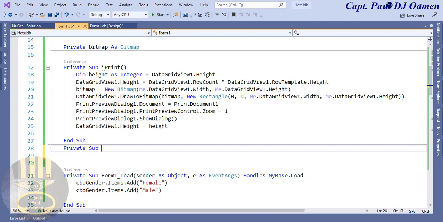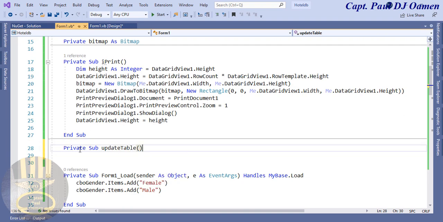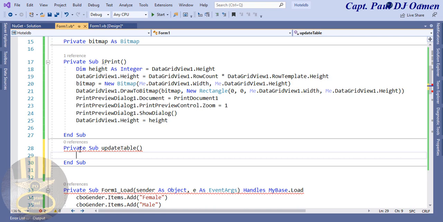Let's call that update table. Okay, that will do. So update table is a function that we will use to call our database. In there, I'm going to declare the following: dim con as new